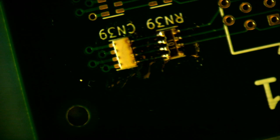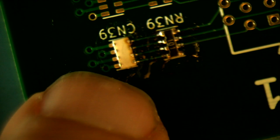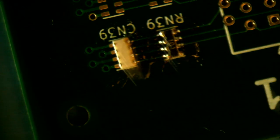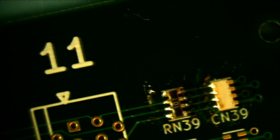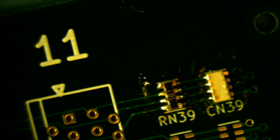Now, the only way to really test it is to solder up the other end and then just test with a capacitance tester, which I'm going to do now. So let me go ahead and solder up the other side, applying a generous amount of flux, cleaning the tip very well, and oh, there's still solder on it. So